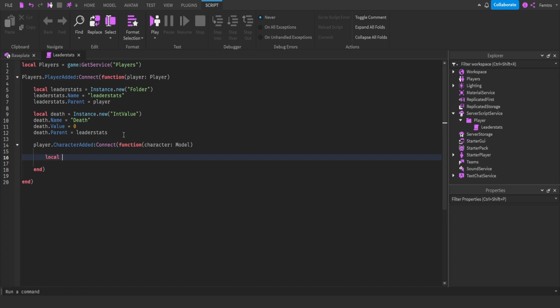So to get that, we're going to create the humanoid variable, and we're going to get its value from the character model. So we're going to do character find first child of class humanoid, and there's different ways that you can do this as well. You can do find first child of class, you can do just find first child and then type in humanoid, or you can do find first child, which is a humanoid. All of these three methods work as well, but I'm just going to stick with find first child of class. So now that we have the humanoid,